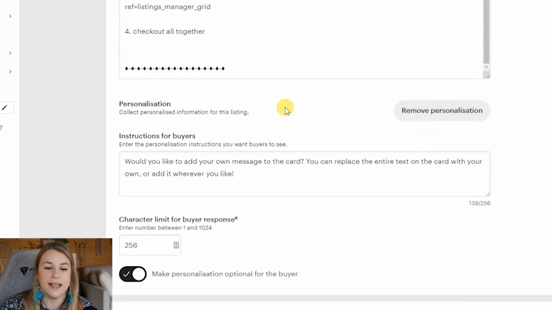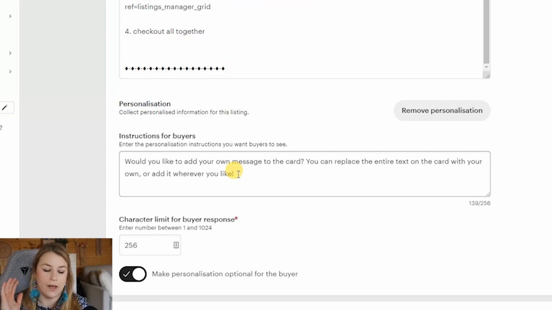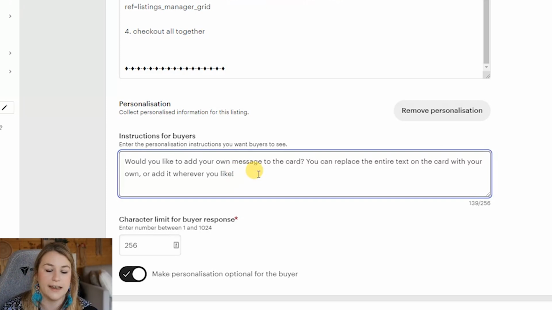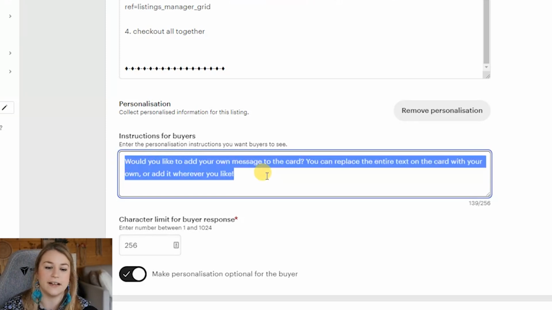So the next thing is you can add personalization. So if you offer a custom printed message or different options, you can put that in here as well. So like me, they can add their own message to the card. And it's literally just a nice, easy place for someone just to go to Janet, love from Beth, or something like that, right? So this is basically where